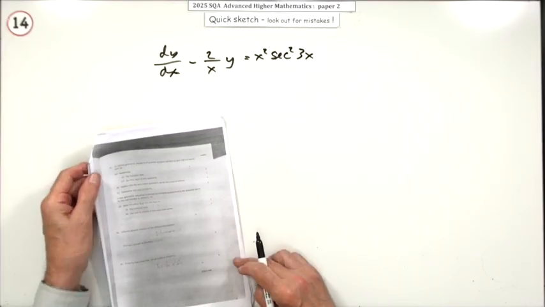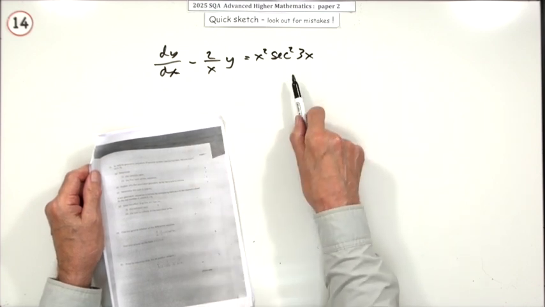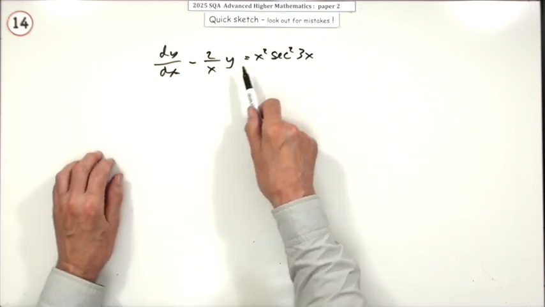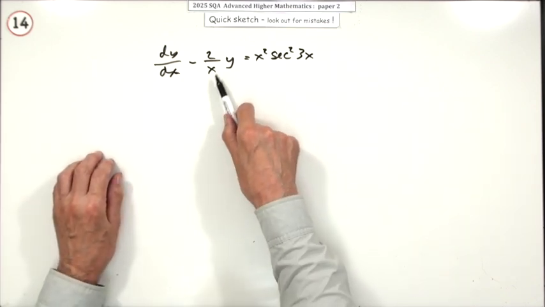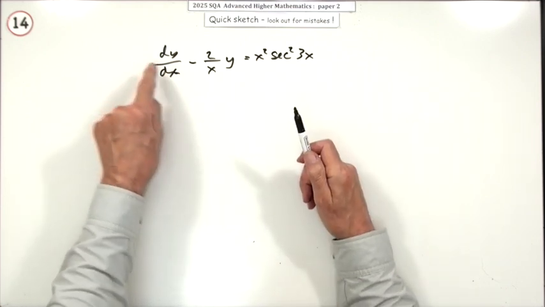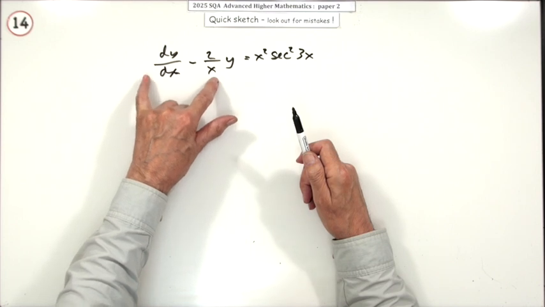So number 14 then for 5 marks. It just says find the general solution to this first order differential equation. Now that's the type where it's not separable. That's the type where you've got to find an integrating factor. That is some expression you can put in here, multiply this by, to generate the pattern for the product rule